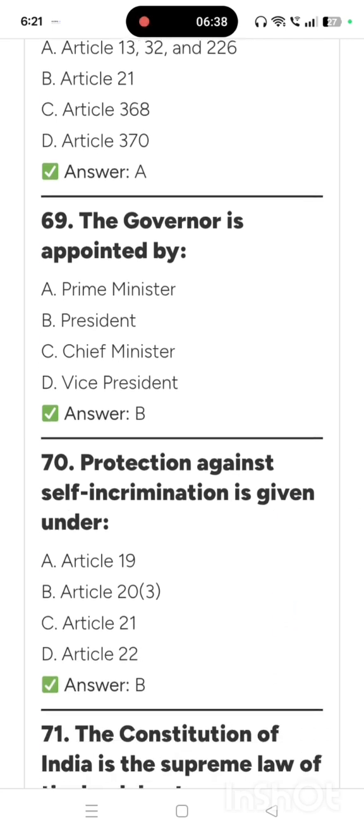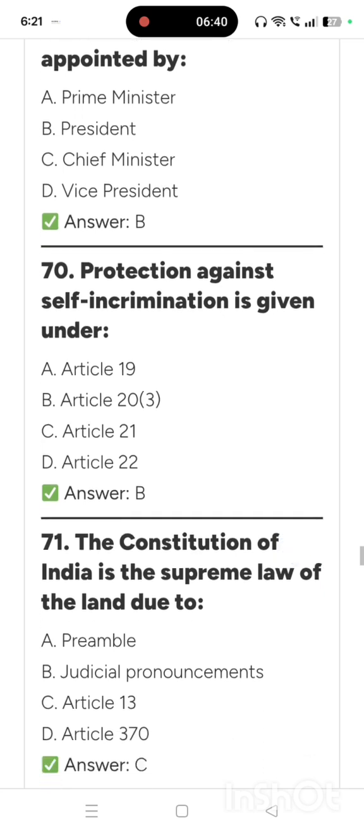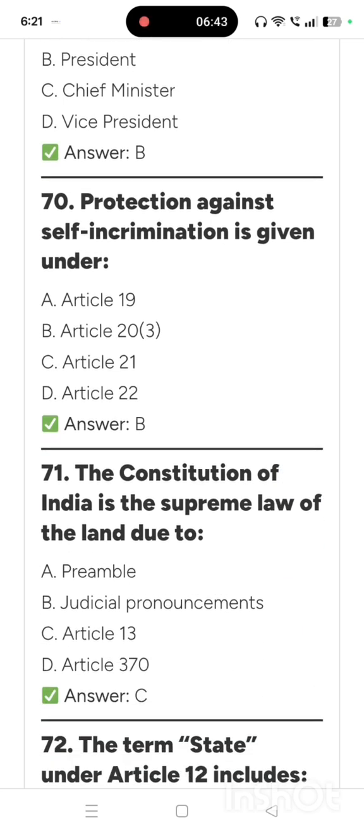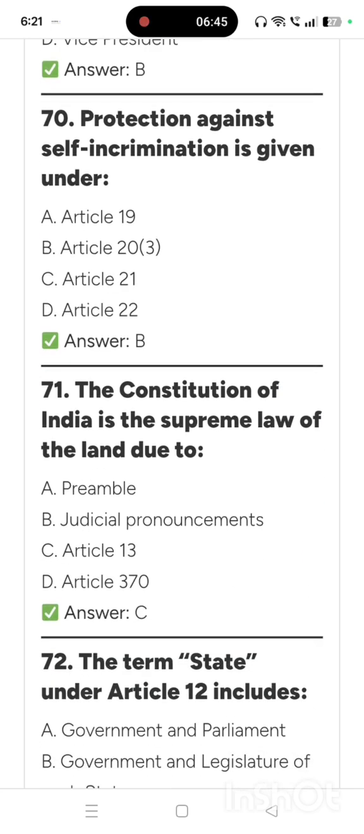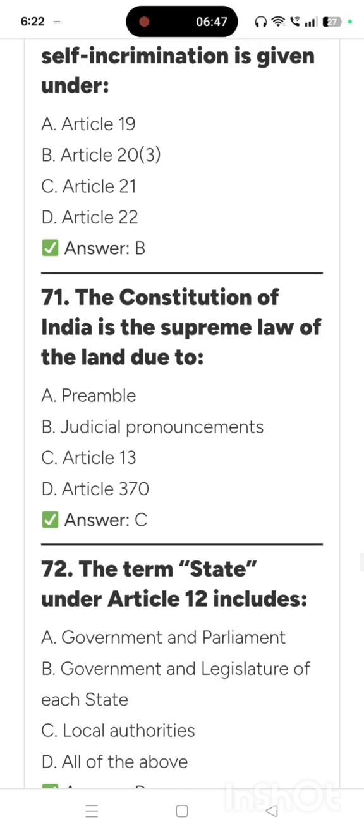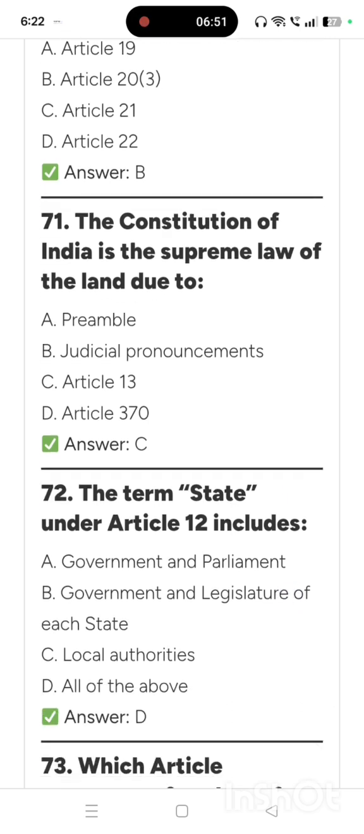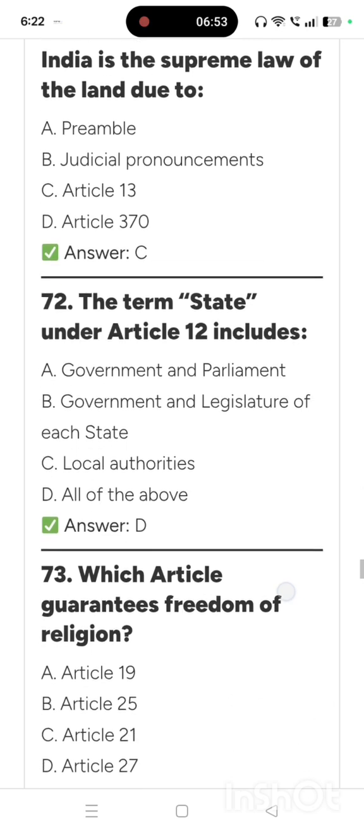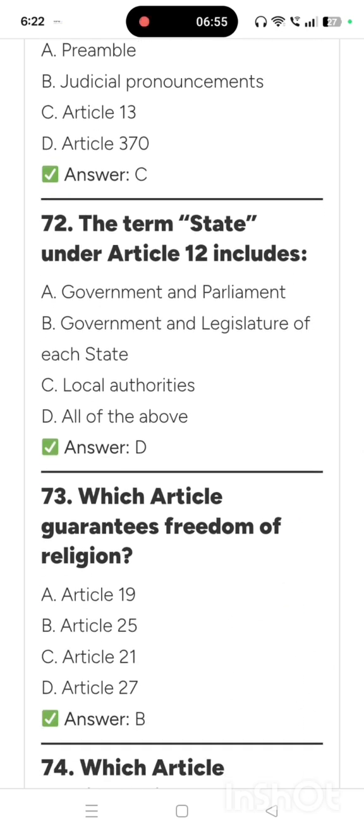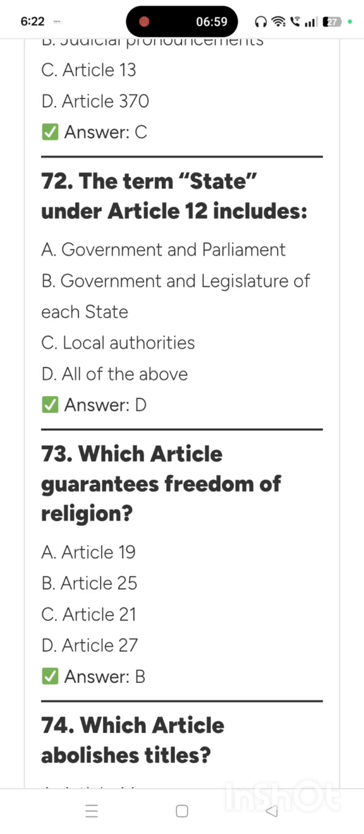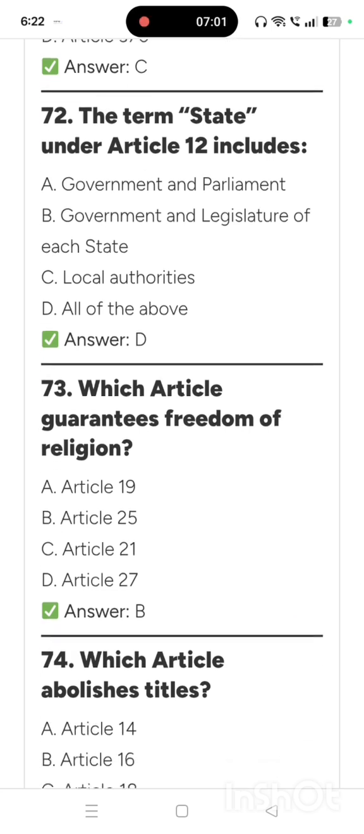The Governor is appointed by the President. Protection against self-incrimination is given under Article 20(3). The Constitution of India is the supreme law of the land due to Article 13. The term State under Article 12 includes government and Parliament, government and legislature of each state, local authorities, that is